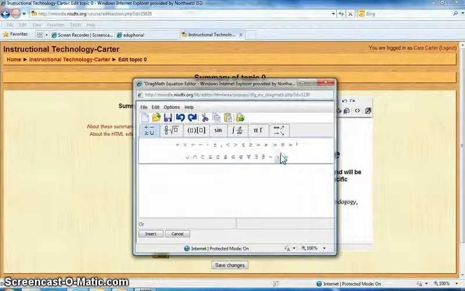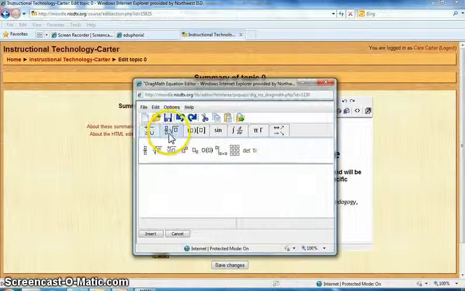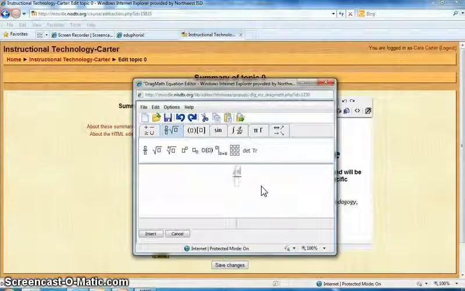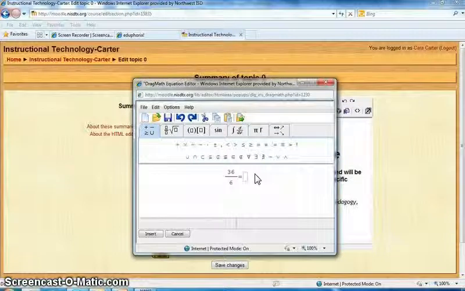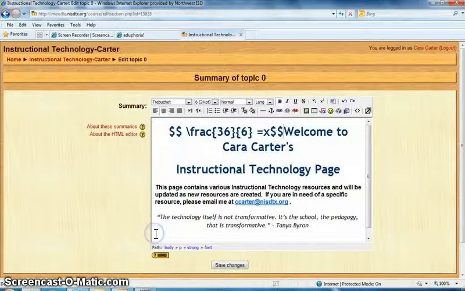instead of copying an image. So for example, if I wanted to create a fraction, I would just put this up here, and it allows me to go find the equal sign, equals x. You can go ahead and click on Insert. Now notice you can see the full equation on here. When you click on Insert,